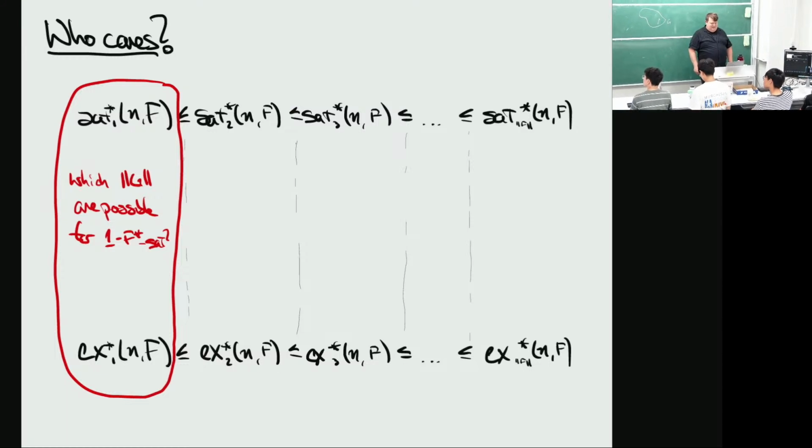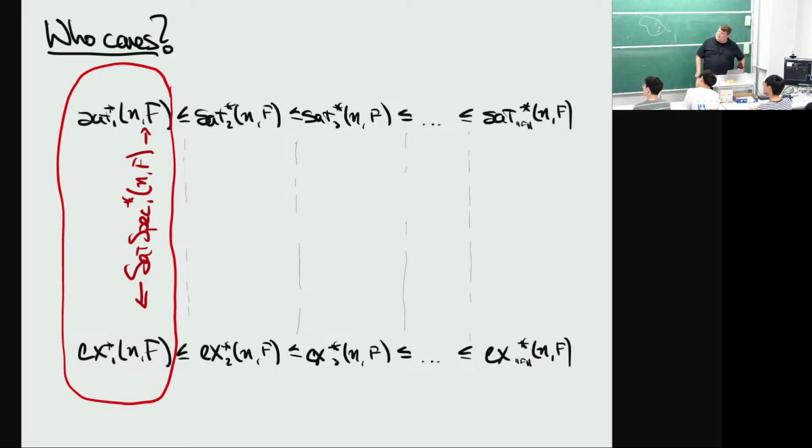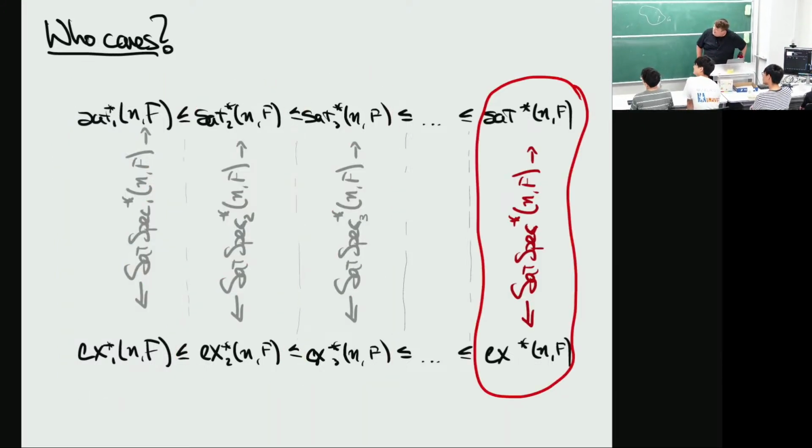And then you get, so that's infinitely many new parameters. Infinitely many new saturation functions and extremal functions. And for each one of them, you can ask which numbers of edges are possible between the saturation number and the extremal number. So for every one of these, you can ask the saturation spectrum question. And you get this whole chart